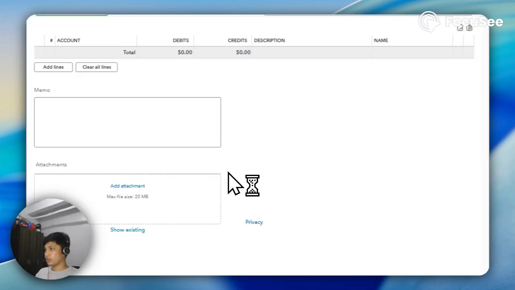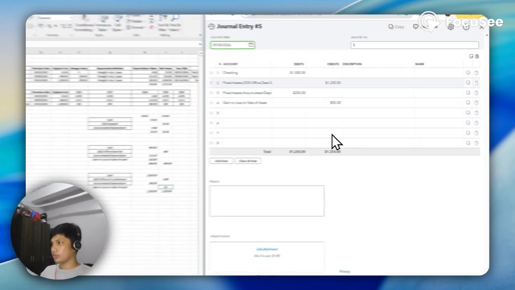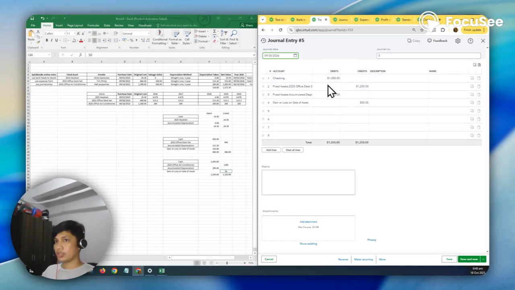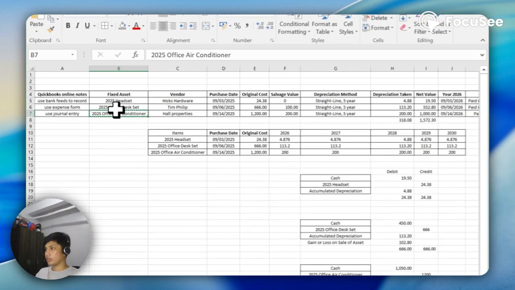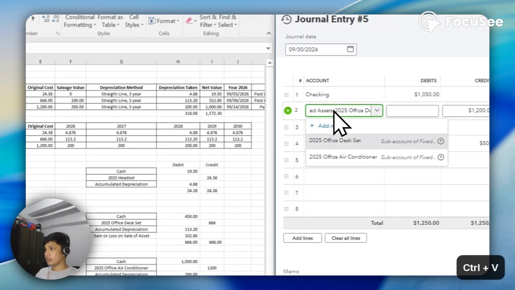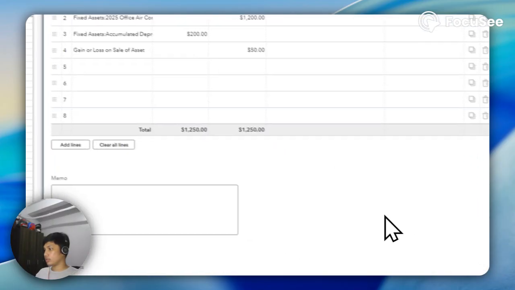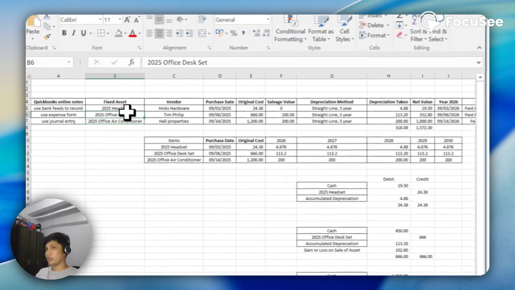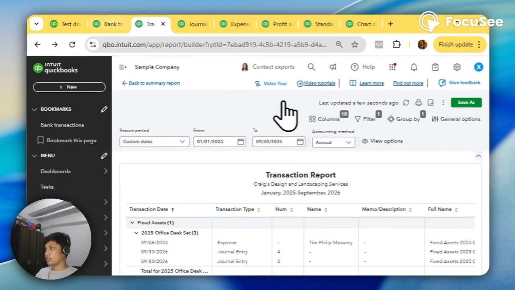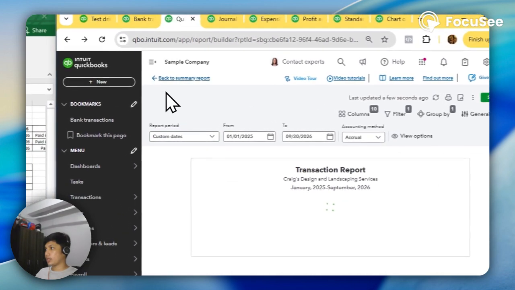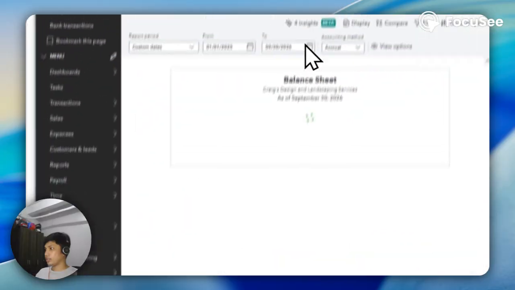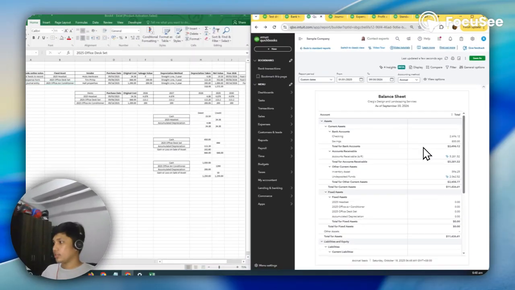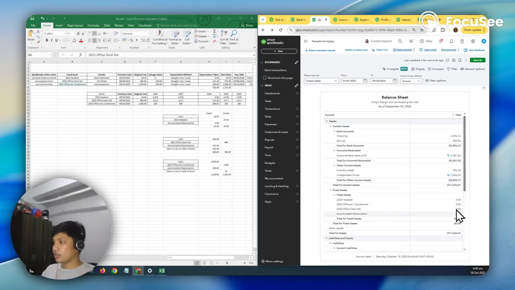Sorry, I should have saved it to the office air conditioner, not to office desk set 5. So let's check what happened in the balance sheet. I'll refresh it. So now it's already zero. Everything has been added or entered.